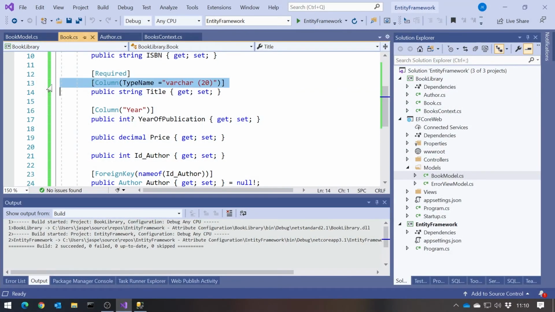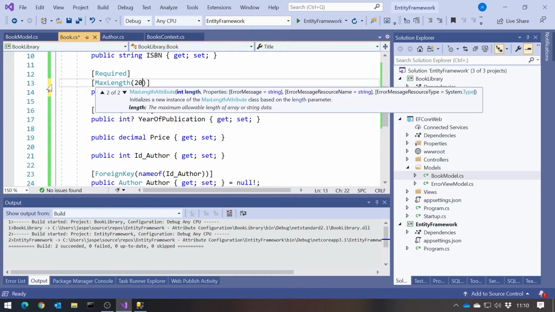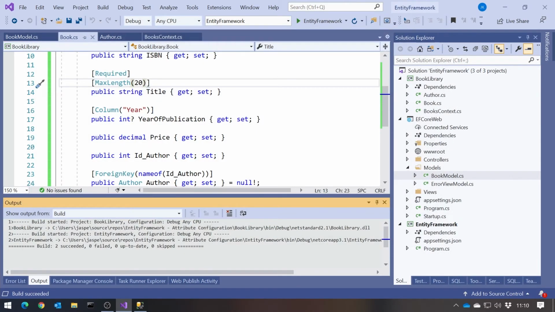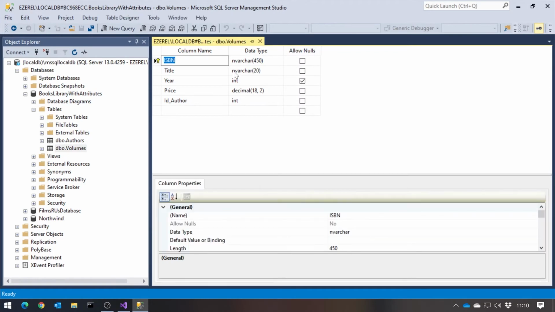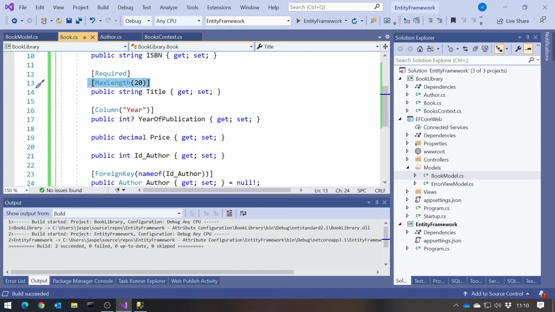because rather than having that column with a type name, we can simply put on there a MaxLength of 20. So that now is going to be an nvarchar, it is going to be Unicode, but we can specify the number of characters allowed. So there, that's gone for nvarchar(20). And it's worth mentioning that this MaxLength is another of the ones that actually does apply to a model. So if you put MaxLength on a string in the model, then the view, if correctly configured, would ensure that the user wasn't allowed to type more than 20 characters.